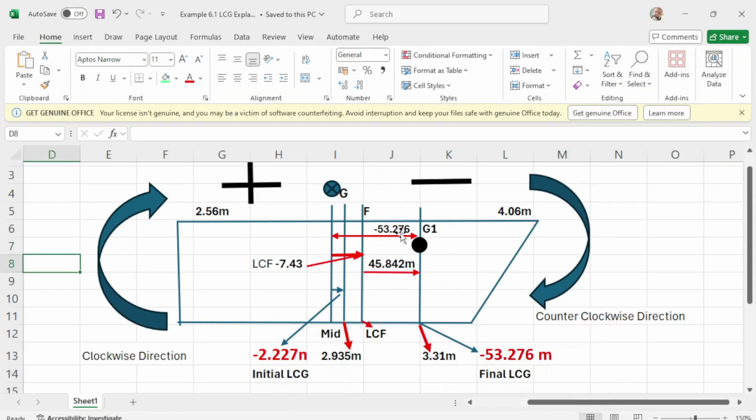This is your midship, forward is negative, so this will be the center of gravity, and the distance from the midship to G is negative 2.27. Okay, then what's next?